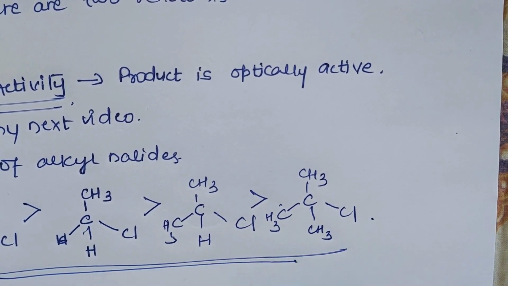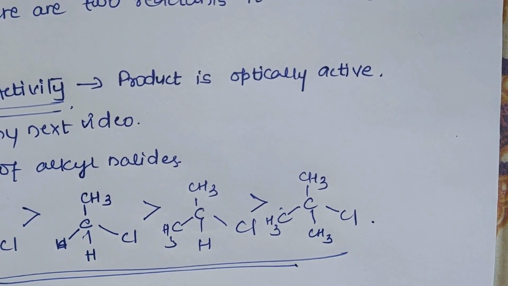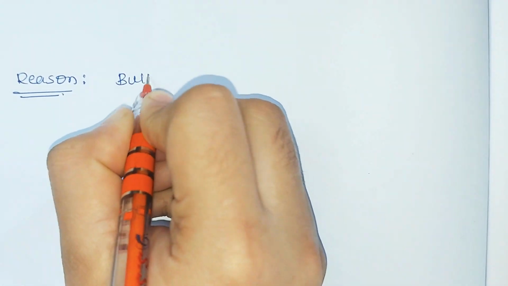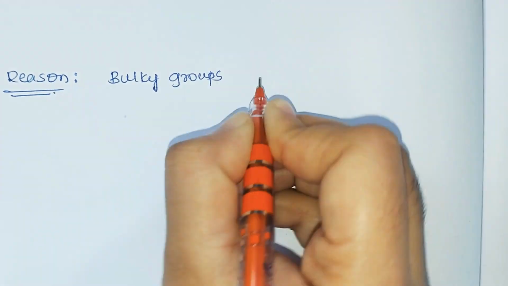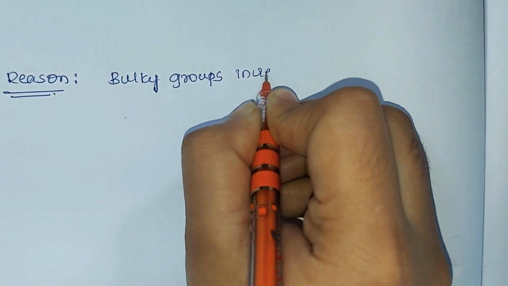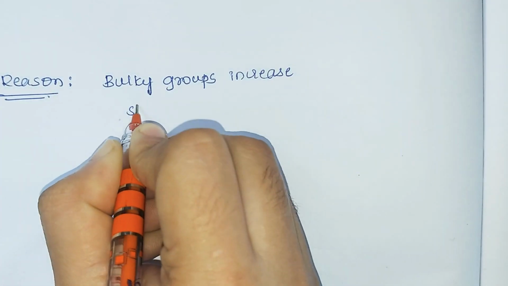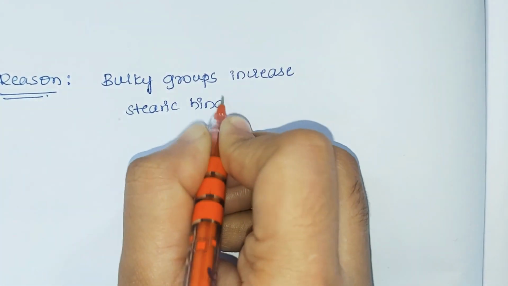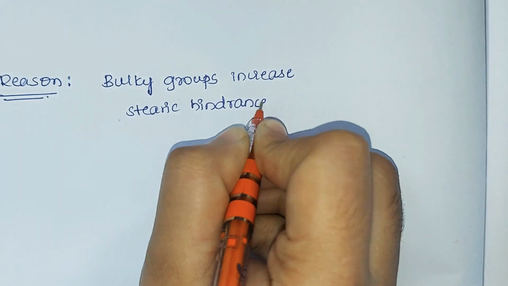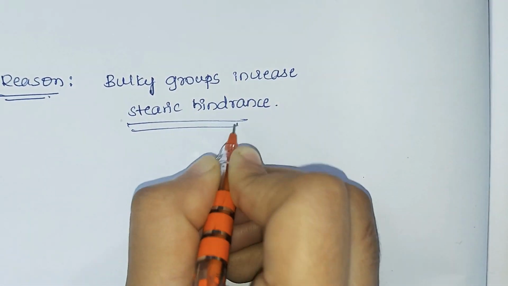In this case, primary alkyl halides are more reactive than secondary, which are more reactive than tertiary. The main reason for this is the steric hindrance caused by the larger alkyl groups. In primary alkyl halide, the carbon to which the halogen is attached is surrounded by only one carbon or only by smaller groups like hydrogen. Whereas in secondary and tertiary, we observe larger groups which prevent the attack of the nucleophile.